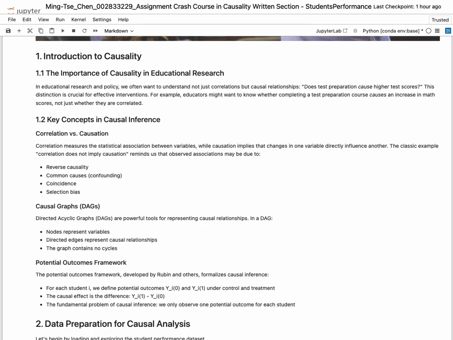So first, in this section, I explain why causality is important, especially in education. We want to know, for example, does completing a test prep course actually improve scores, or are those students already stronger? I introduce the difference between correlation and causation,